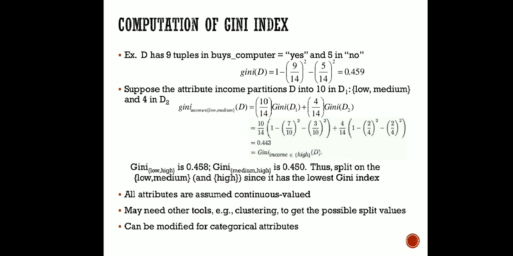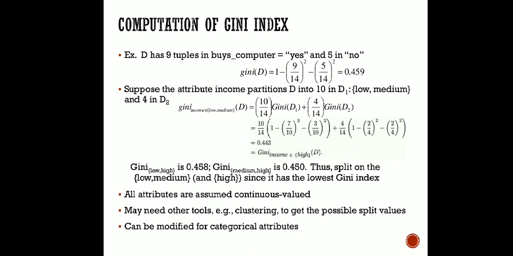So if we just plug it in and find the relative frequency of this Gini D1, we can calculate it, and we can do it for D2 as well, and it comes to 0.443. Okay, so now let's find the Gini of low-high. Similarly, you have to classify one group as low-high and the other group as medium. If you do it, you will find it to be